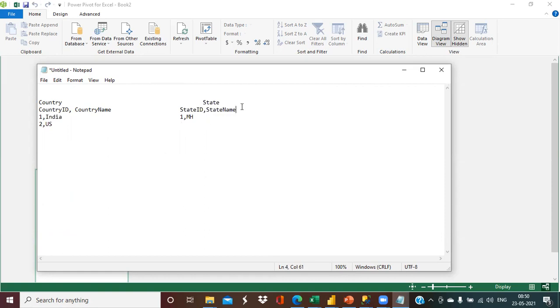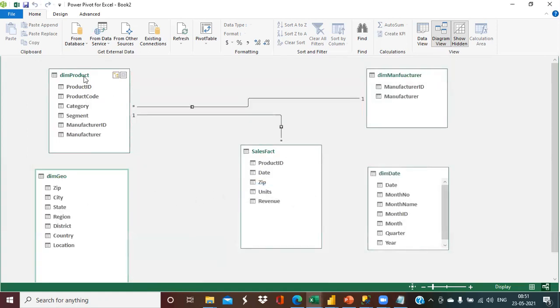So we'll create a country ID column inside the state table as well, and that country ID should already exist in the country table. Whatever country ID you insert here must exist there first; only then can you insert the value. So it will stop the data anomalies. In this situation, we need to create a relationship between two dimension tables as well. If we connect the two dimensions with each other, it is called a snowflake schema.